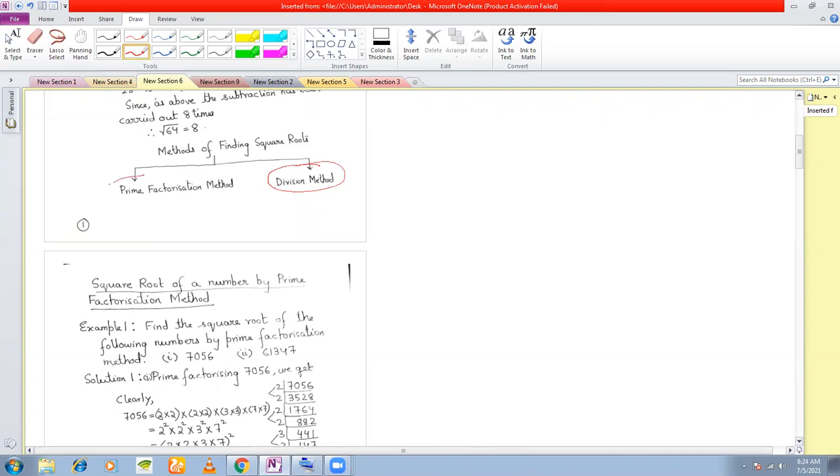Okay, now prime factorization method has certain limitations. We'll see what limitations it has. Division method is the best method of finding the square roots. So if no method is mentioned in your examinations, and it is given only to find the square root of this, then you will do it by division method. Otherwise you can do it by any of the two methods. Fine, but division method is the best method. We'll see how.